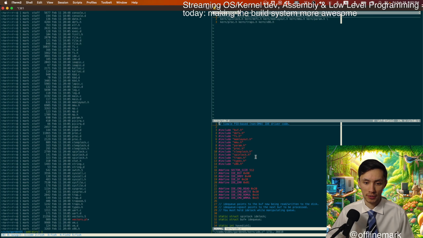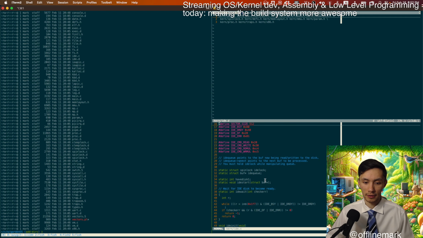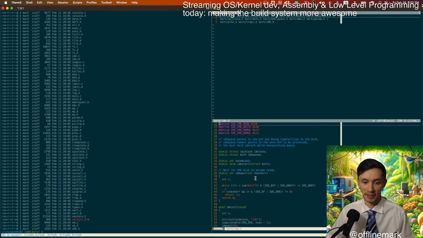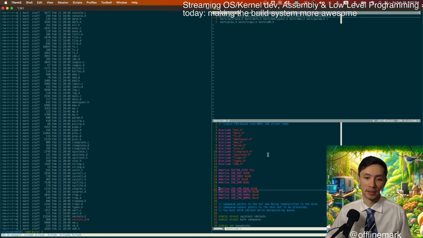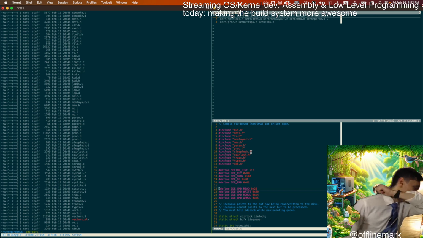That's just how it works in C. Of course, if we modify this IDE.c file, we're going to need to modify and recompile the object file. But something that's a little bit less clear is that if any of the headers included by the C file change, we also need to recompile this object file, or this translation unit, as it's called.